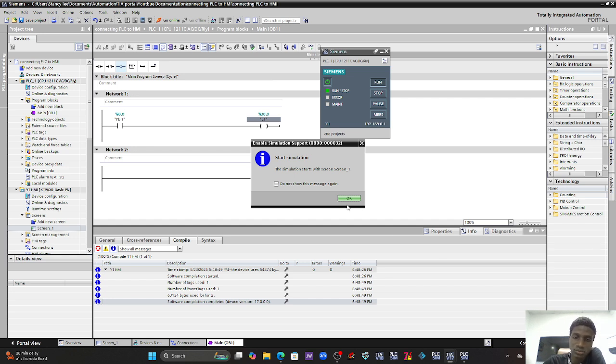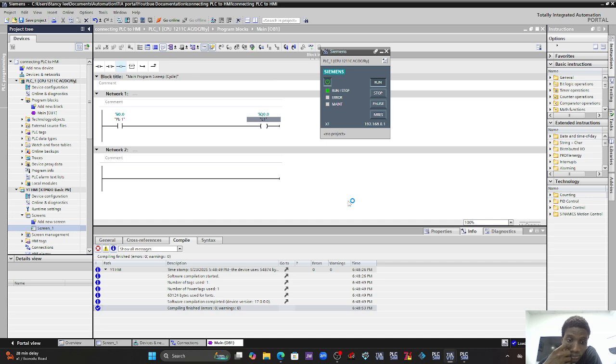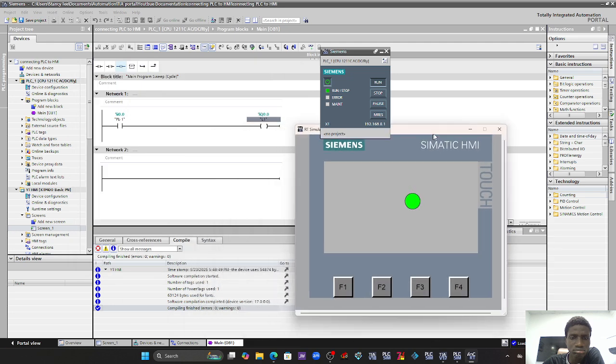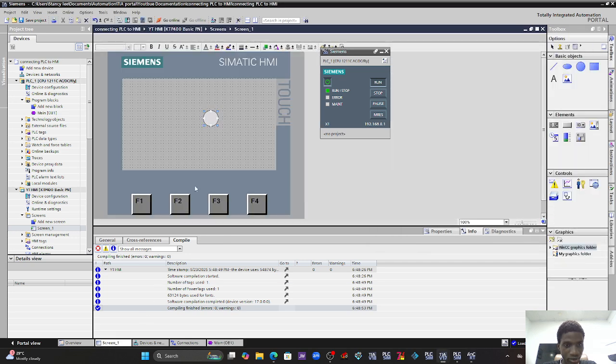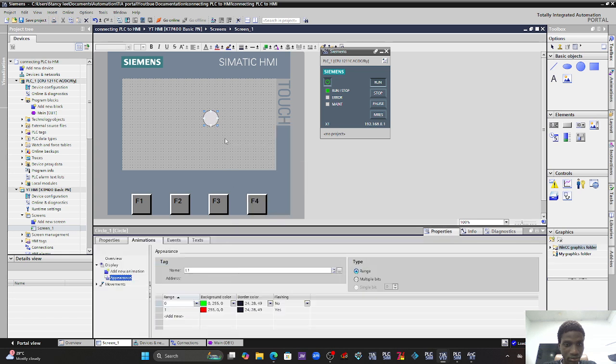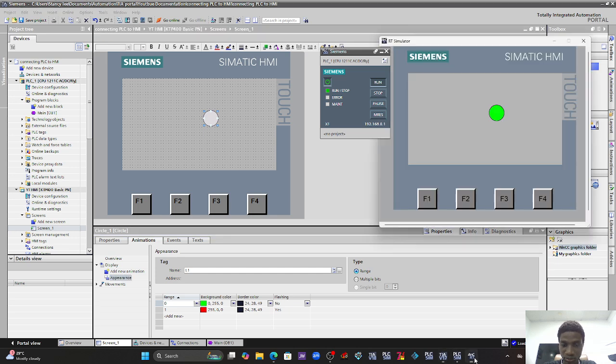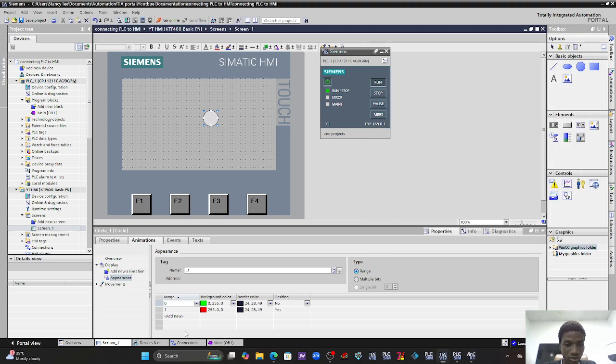Yep. So start simulation. Oh, I was about to say that that's strange. That should have been on the default color. I forgot that we changed it to green. So I don't think this guy will be able to stick. So when we go to the screen it is back again. Go to properties of this guy. You see, once it's on zero, the background color should be green, which is what is happening now. It's on green. So if we go back to our code base,